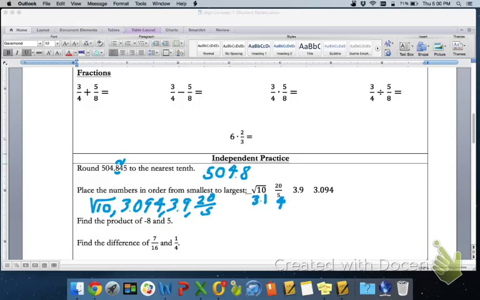The third problem says product, and that means to multiply. So negative 8 times 5 is negative 40. Now we find the difference, which means to subtract on our last problem. So off to the side here,